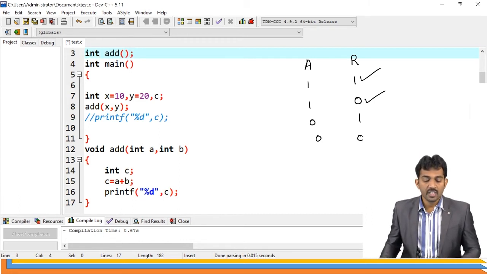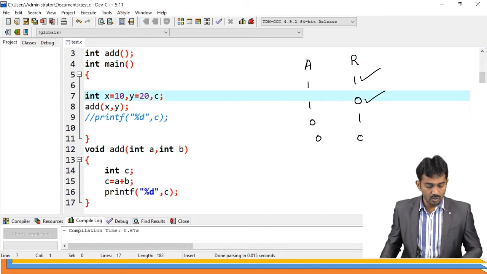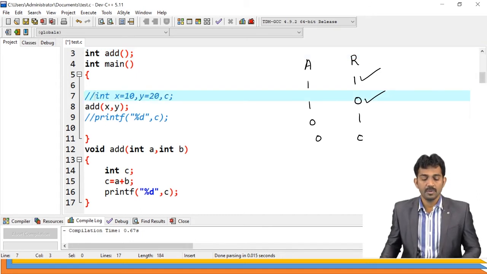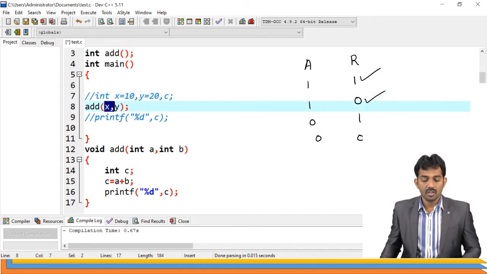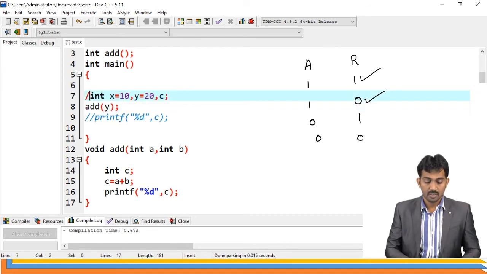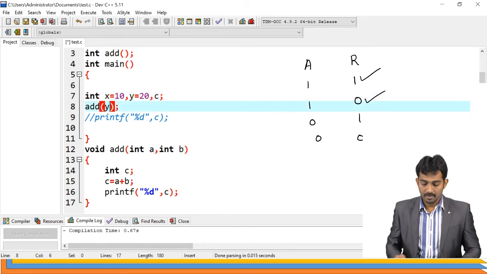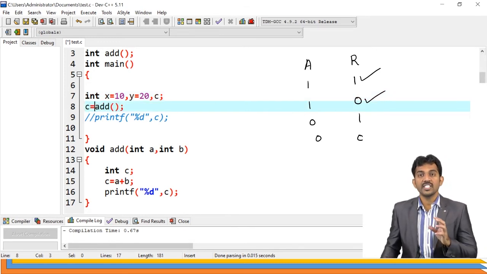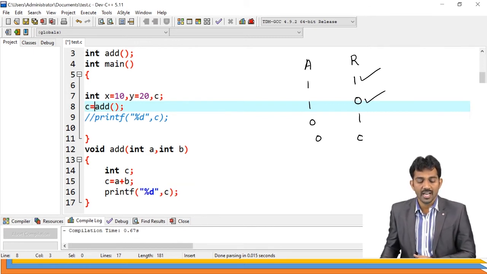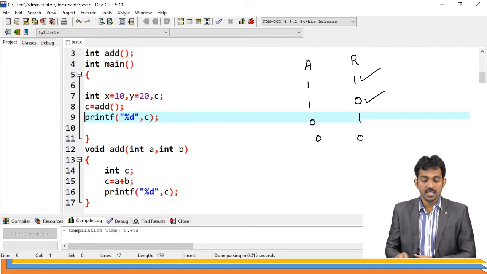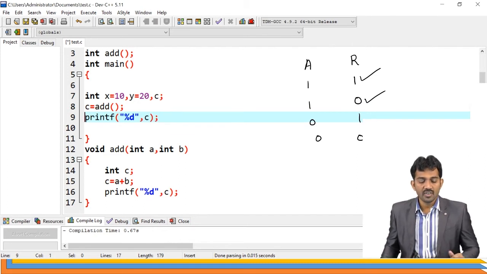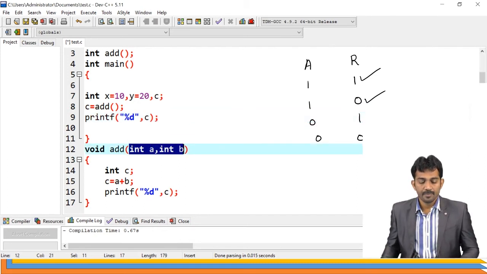You don't need to use the parameters because the parameters are empty, but you have a return value. That is why a catching variable is required. The data which you send from here to here, you need to catch. That is the catching variable. C is the catching variable.